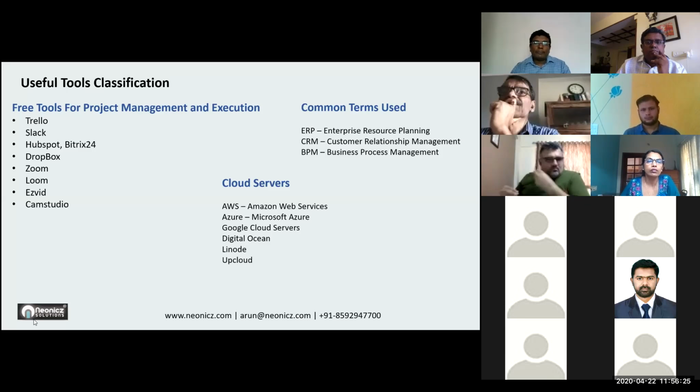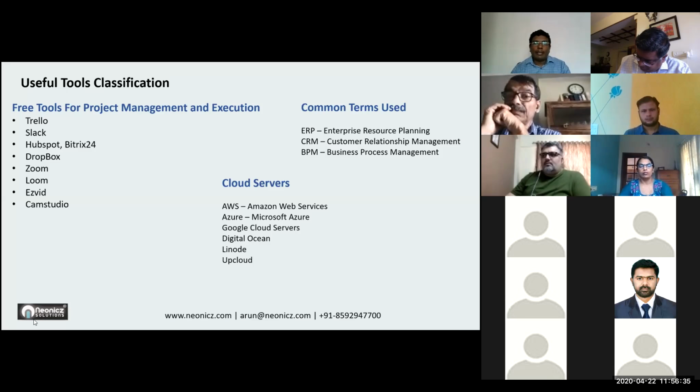And Microsoft Azure has a startup policy and a startup package, and AWS also has a startup package. If you are a startup incorporated in some accelerators or under some government firms, you can very well apply for that. You may get $5,000 to $10,000 of credit in your servers.